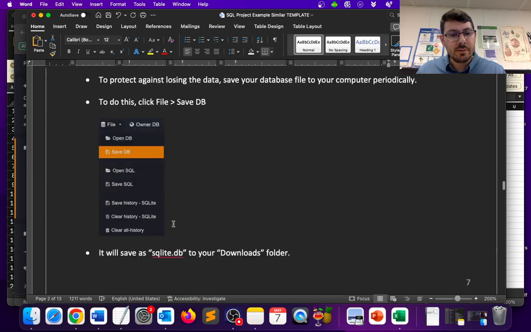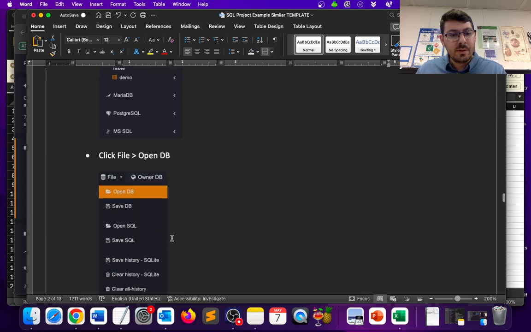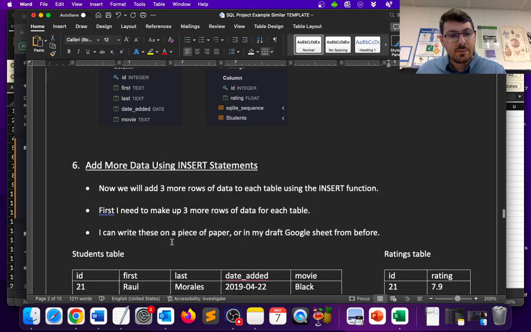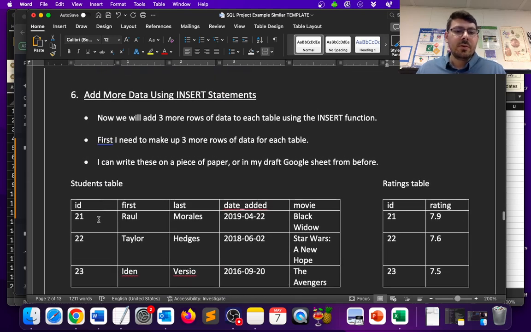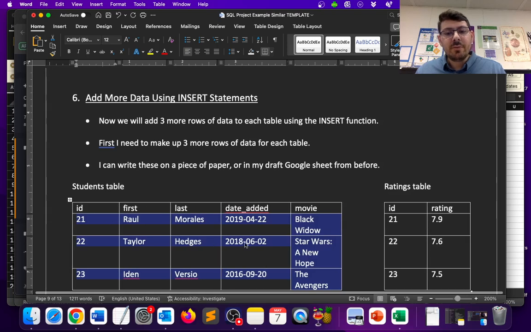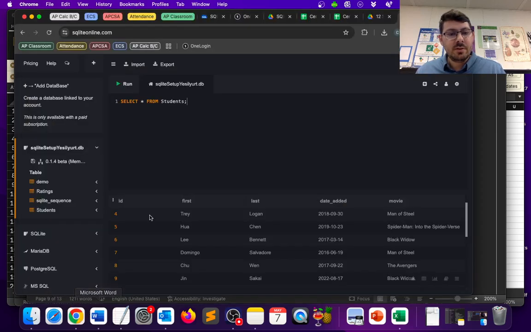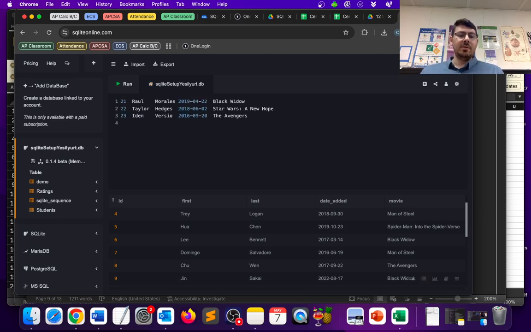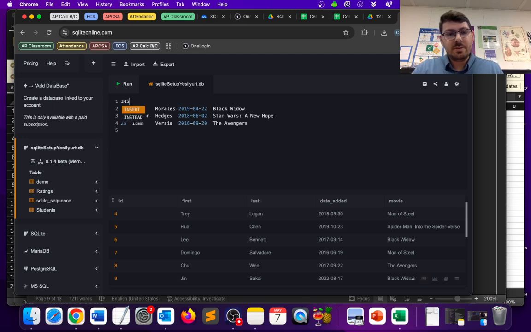Let me find it. It's taking me a long time to scroll. Okay, so let's say I want to add this information to the database. If I have it in table form, let's say it's in Google Sheets or something, I can just do Control C and delete this and paste it. I can't add it the way it is now, but I can format it in a way that does work. So I'm going to say insert into, and I want to insert it into students,